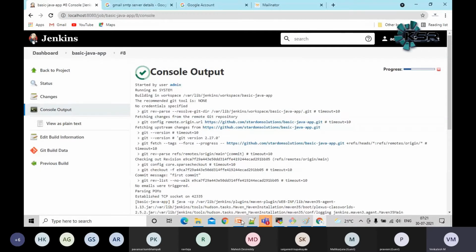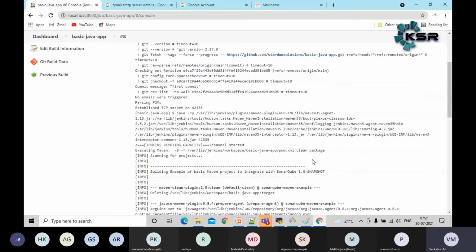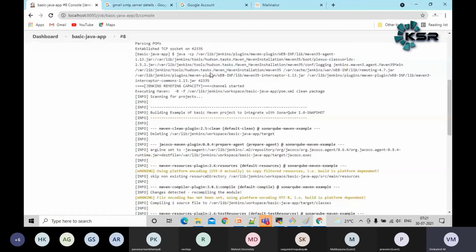First of all, it will check out from Git. Whatever slide we have, the same flow it will take care of. I have a code base which is stored in GitHub. Jenkins will use the Git client to fetch the code to the server. That means it will clone everything to my Linux VM, guys. Here, it will start the Maven operation first. What it is doing is trying to call the set of goals, whatever I have given here. Clean package. These two are the Maven goals.